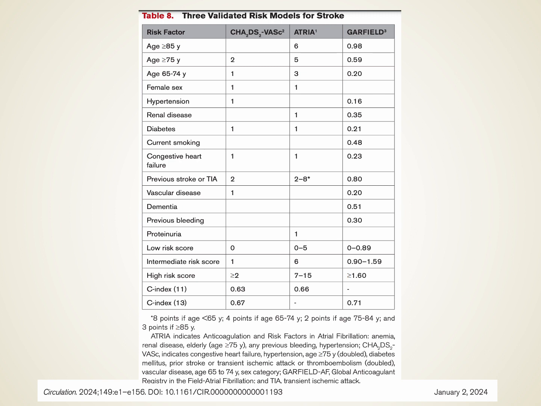The elements they include are age over 75 or age 65 to 75 getting points, female sex, hypertension, diabetes risk, congestive heart failure risk, a prior CVA or TIA, known vascular disease, and then considering based on the scores, a 0 score is considered low risk, a score of 1 is a moderate risk, and scores of 2 or more